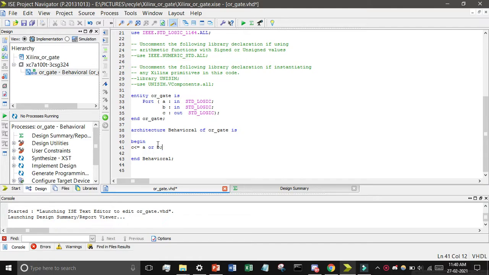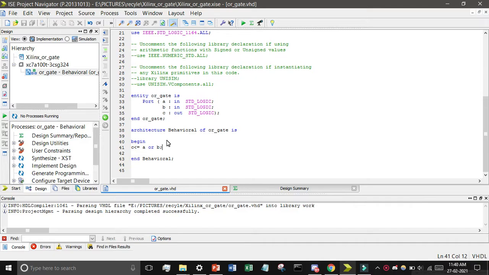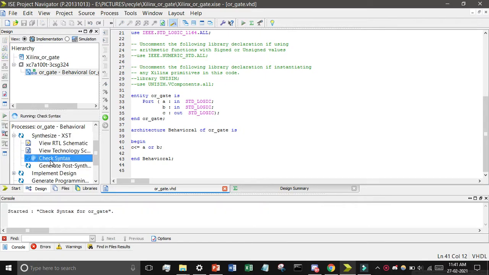Don't forget to give this semicolon. Then press Ctrl+S, otherwise you can click here on this shape, find Synthesize XST and click on Check Syntax. You can see the syntax is completed successfully.